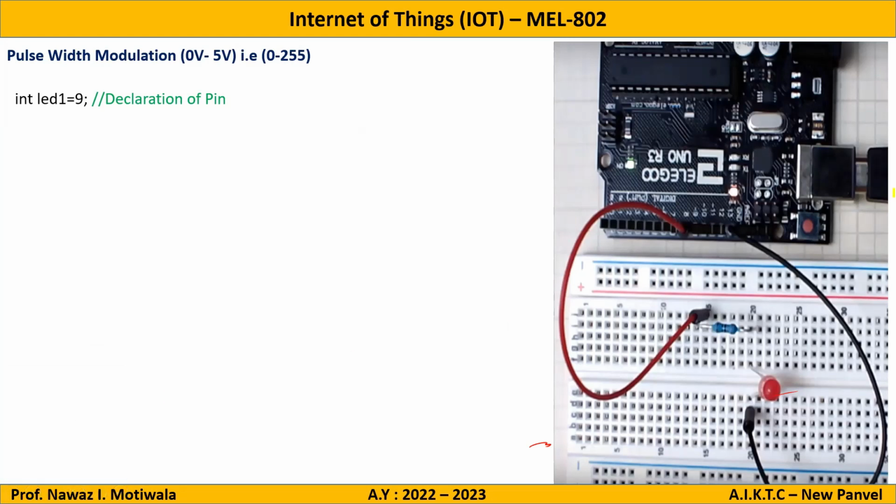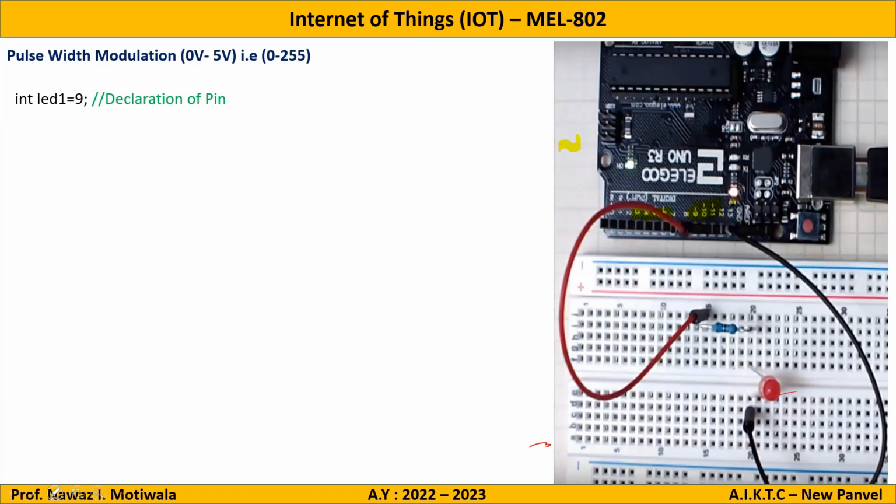So you can use only pin number 9, 10, 11, or sorry, 3, 5, 6. Wherever you see this sign of pulse width modulation, this kind of sign